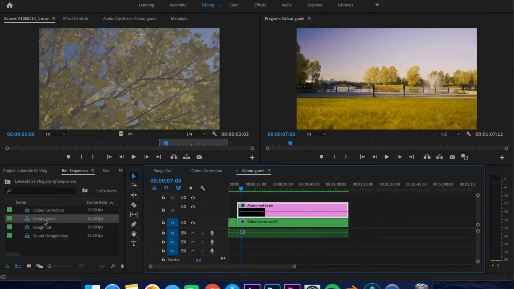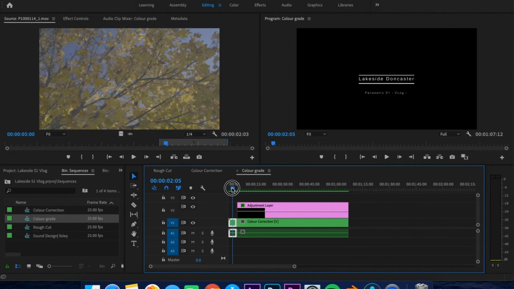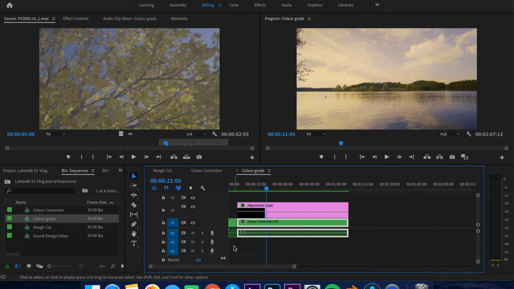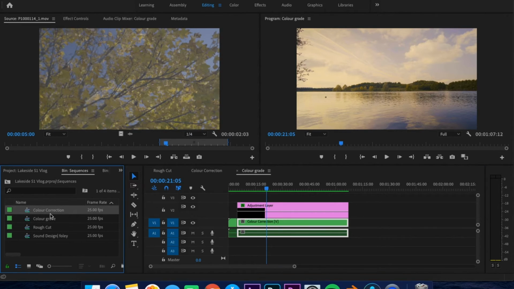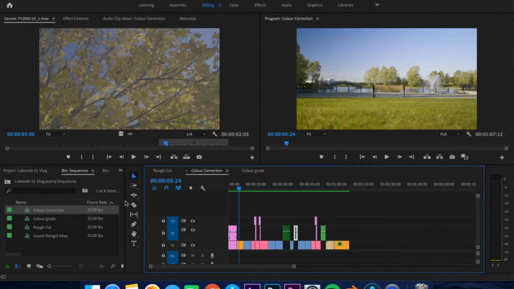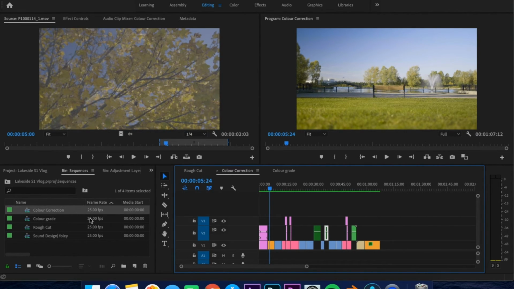Now, how it changes for the color grade tab, you can see here it changes quite a lot. Where have all those tracks gone? So essentially what I've done here is I've nested a sequence. So nesting in Premiere Pro is basically where you drag, say for example, the color correction timeline onto this new layer icon, which is here. And what that creates is a